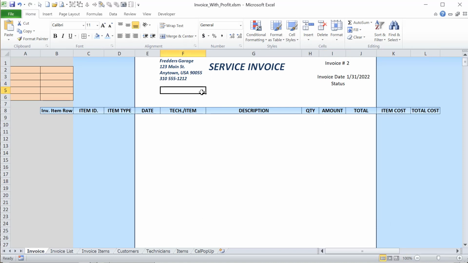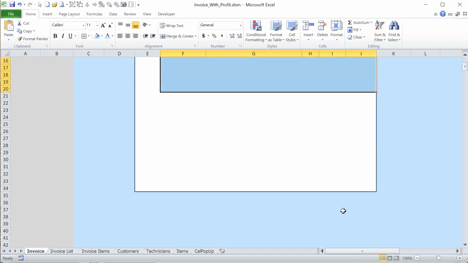So I want to put inside F5, I'm going to put here the customer. And we're almost ready to create our button. So that customer name will go in a drop-down list right here. We're going to right justify that. Customer name, the address, and that. Okay, so we've got it primarily, and we'll put some lines around here,